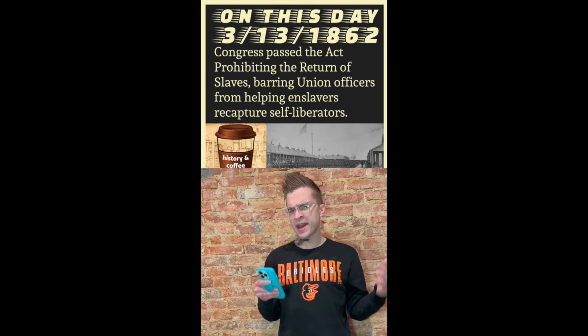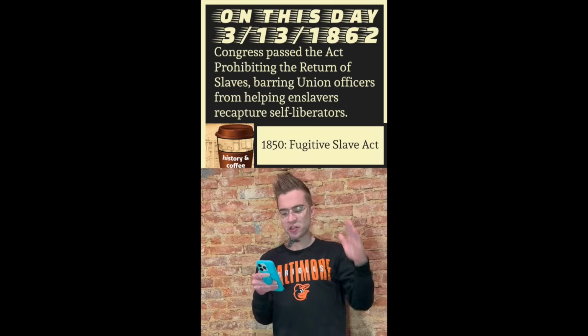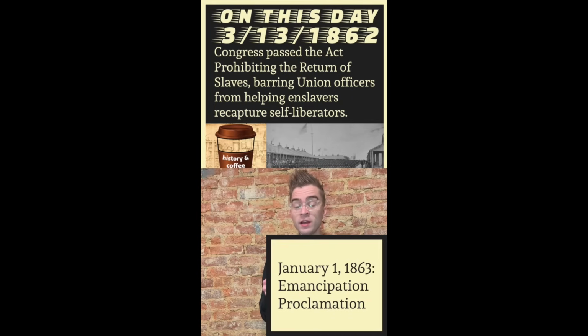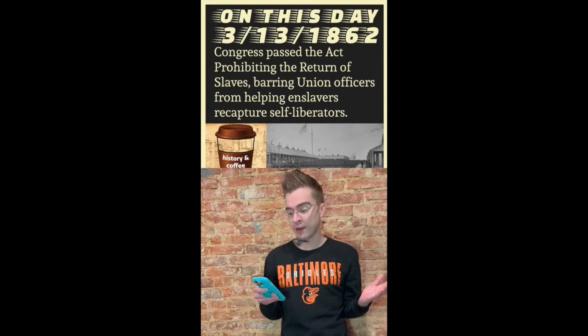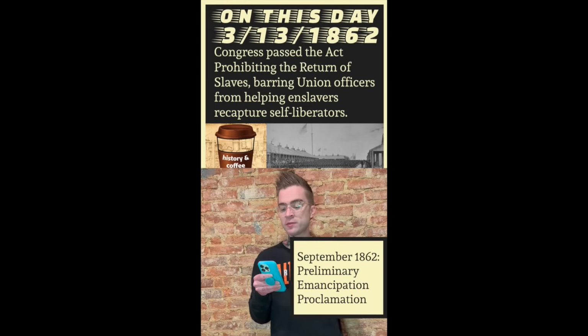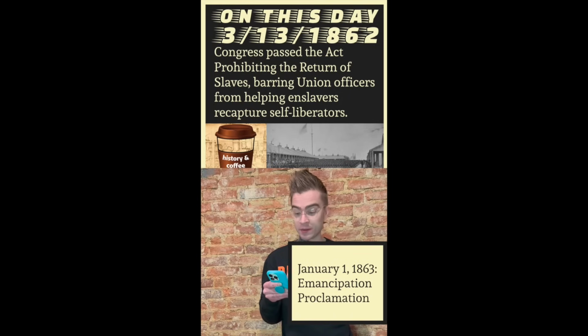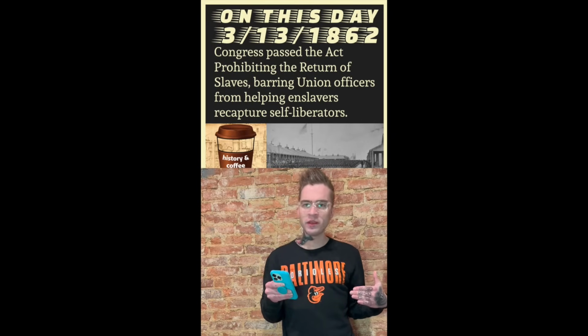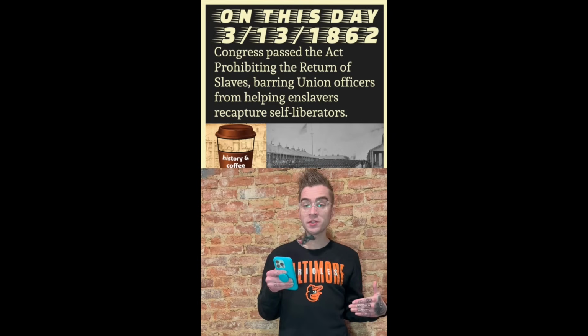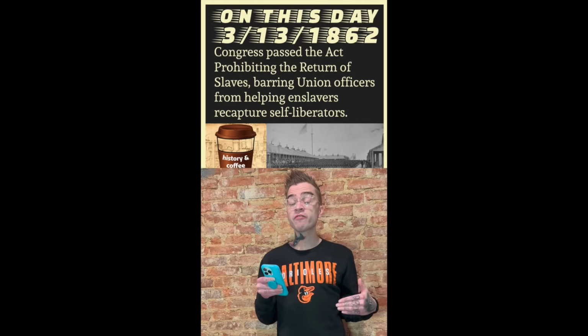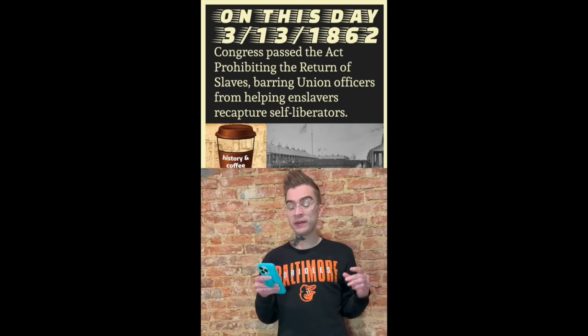However, it's important to emphasize that there's no linear progression on this timeline from the Fugitive Slave Act to the Emancipation Proclamation. History does not work that way, right? Even when Lincoln issued his preliminary Emancipation Proclamation in September 1862, 4 months before his official Emancipation Proclamation, there were these everyday negotiations between federal power, Union officers, and emboldened self-liberators that constituted the construction of complex relationships between lived